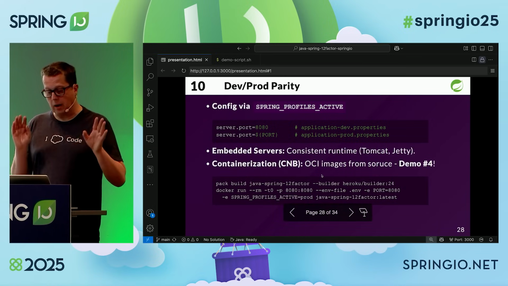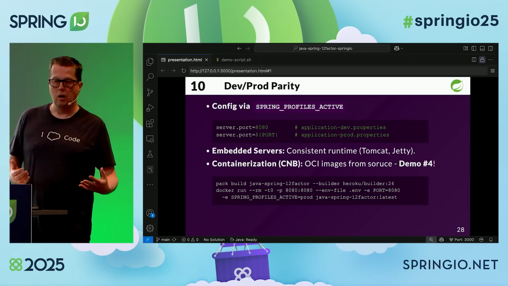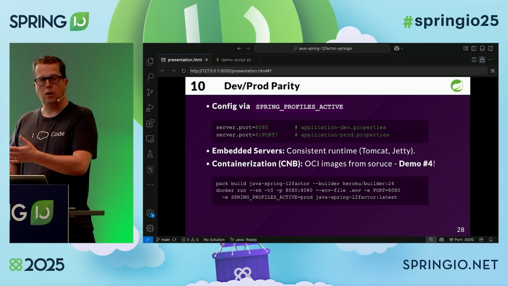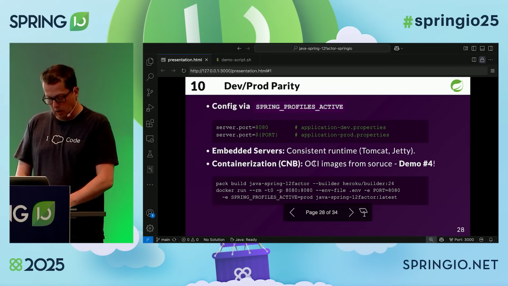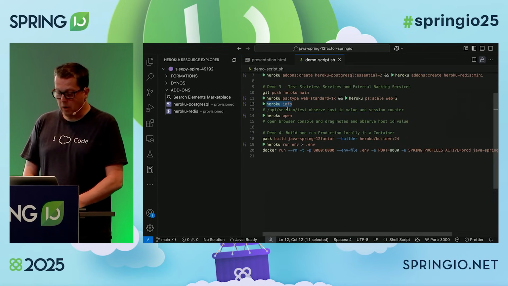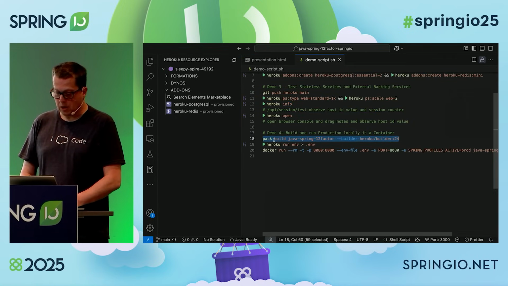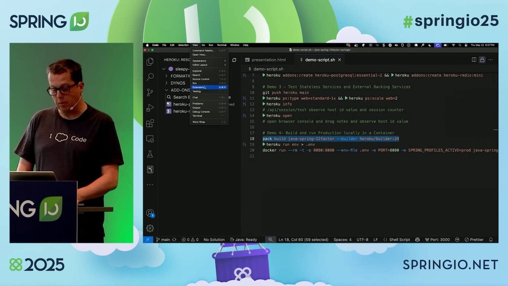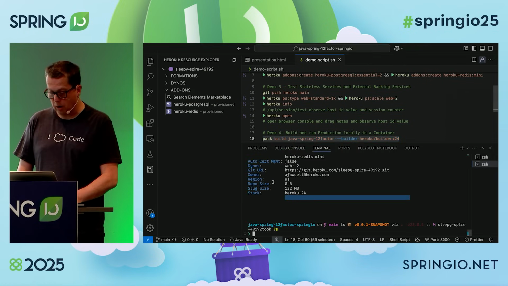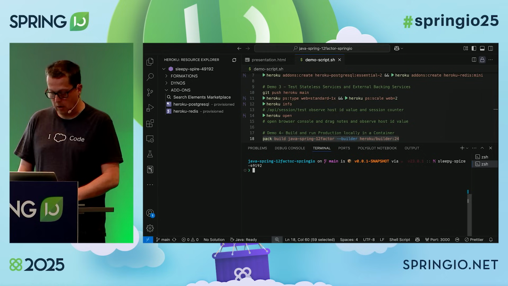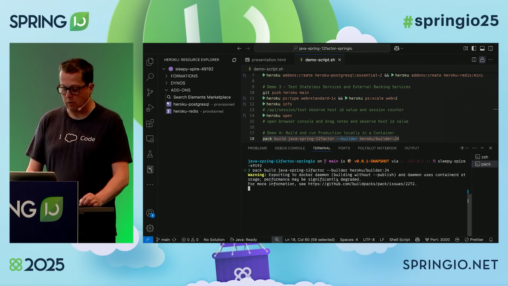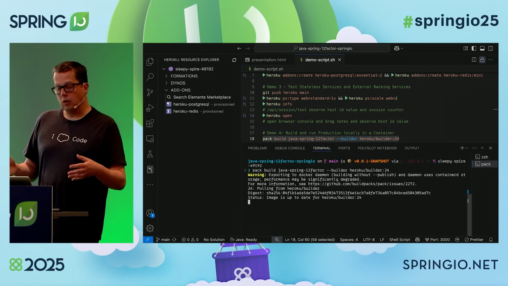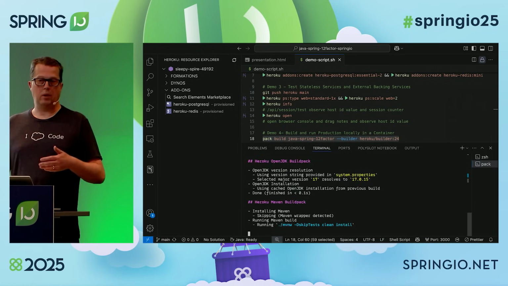So let's finish up with our last demo, and we're going to build a container image here, because there are times maybe you actually just can't figure it out. If something's failing in production, and you just need to debug it or run it locally. So what we're going to do here is grab our pack command. I know Spring Boot does have a means to run and build images. Full disclosure, I couldn't get that working on my machine. I think that's something to do with my company's security policies, but I'm just going to run pack, which will do the build. And you'll notice that it's very similar to what I just did with git push heroku main,